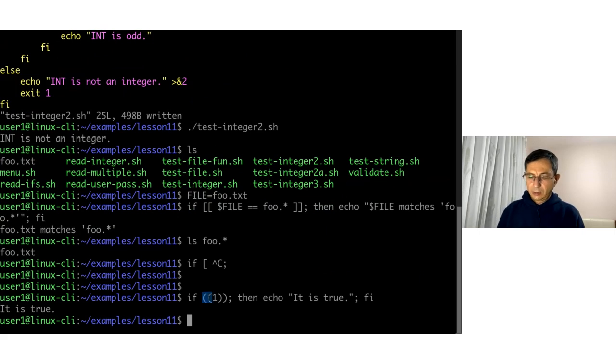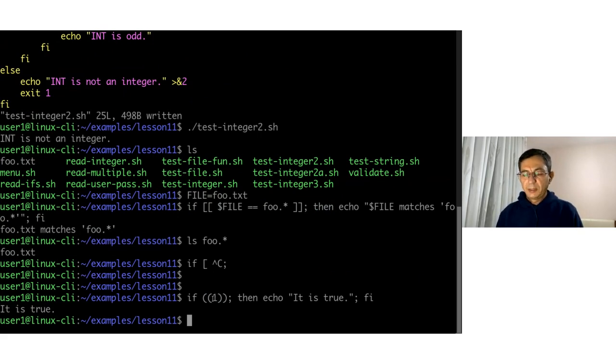So here we have this double parentheses, and inside the double parentheses we have an arithmetic expression, and this arithmetic expression evaluates to 1 in this case because it is just the number 1. And now, in arithmetic expressions